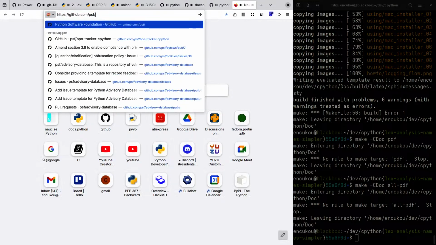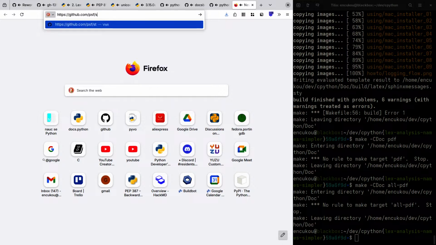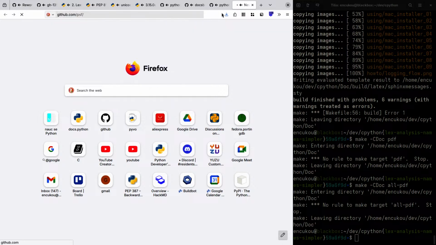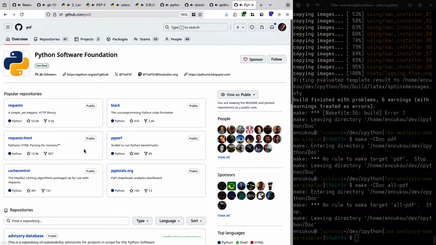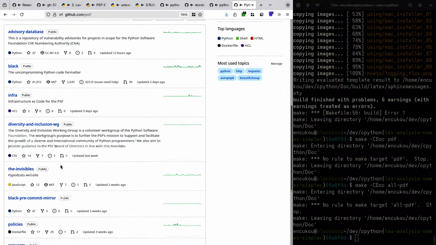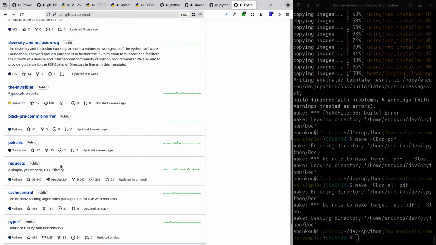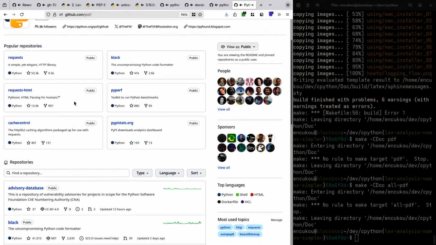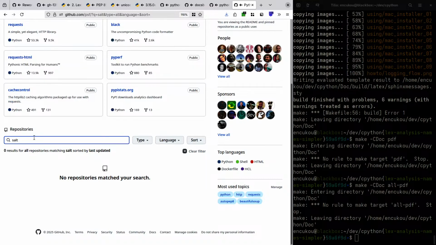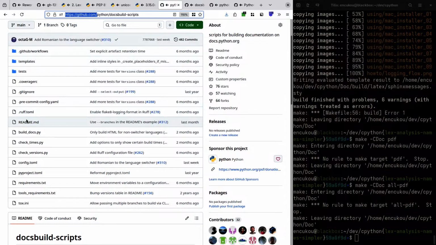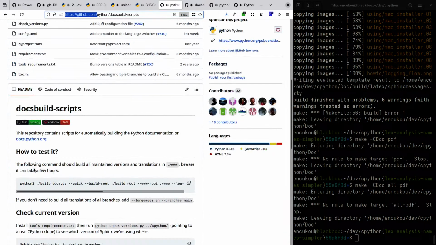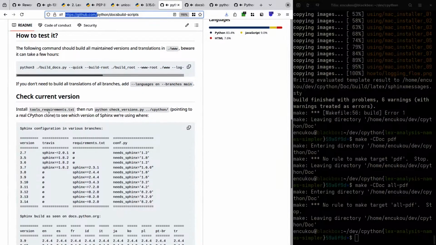Oh, the dev container directory should have some files with descriptions, like the manifest and stuff. Project toml. Oh, we use SaltStack for it?